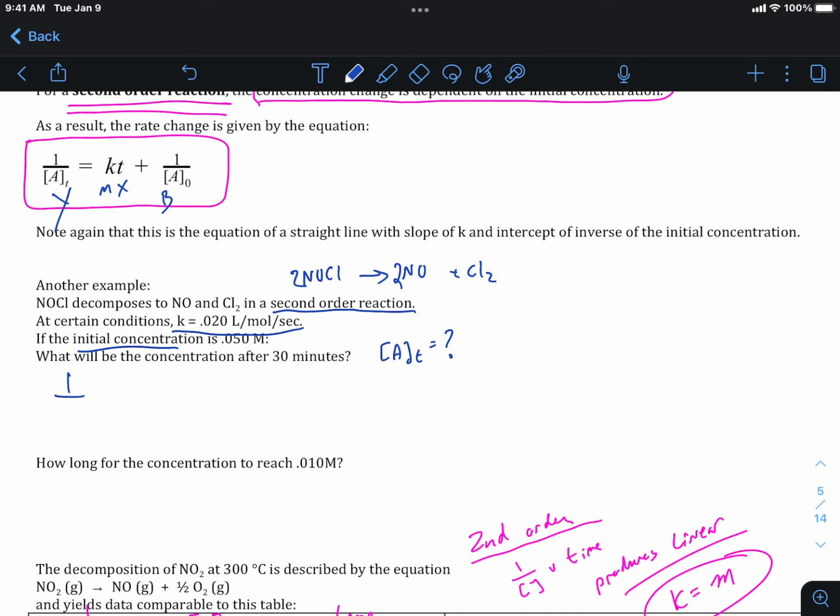Okay, so our constant, 0.020 liters per mole second. Our time is 30 minutes, but 30 minutes needs to be in seconds, so 30 minutes is 1800 seconds, plus the inverse of our original concentration, which is 0.05 moles per liter. Okay, well, if we simplify this a little bit, 0.02 multiplied by 1800